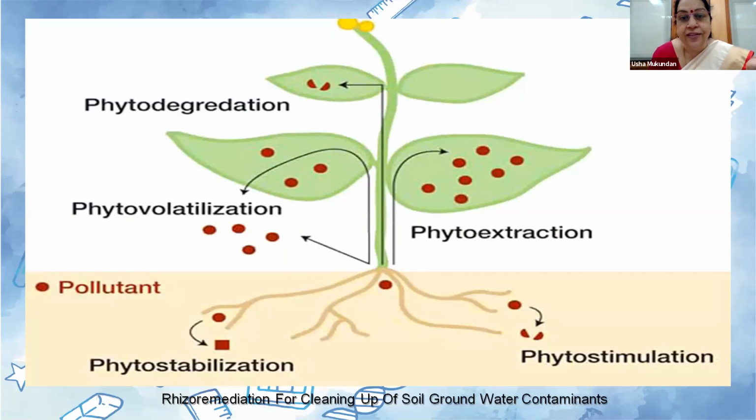So the way it functions is enzymes are produced by these roots and the bacteria when they are bioremediating. As a result, they are capable of utilizing these substances, which can be either organic in nature or they can be inorganic, and then they will break it down. If they are being transported, then they can be either accumulated in case of hyperaccumulators, or they can be degraded. So that is what happens in phytoremediation.